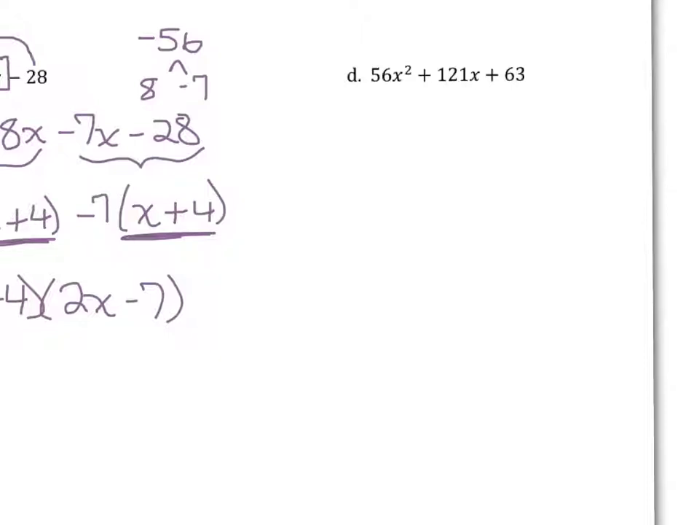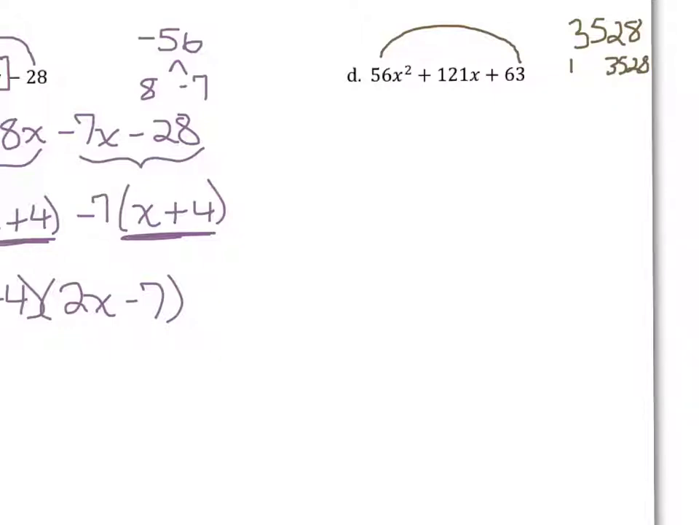So what I'm going to do here is I'm going to get right into things. I'm going to multiply this 56 by this 63, right? 56 times 63 is 3,528, all right? And so my goal here is to find two numbers that multiply to give me 3,528 that add up to 121. So these numbers are going to be pretty big. If you feel that this is too big, you can start dividing, going through 1 and 3528,